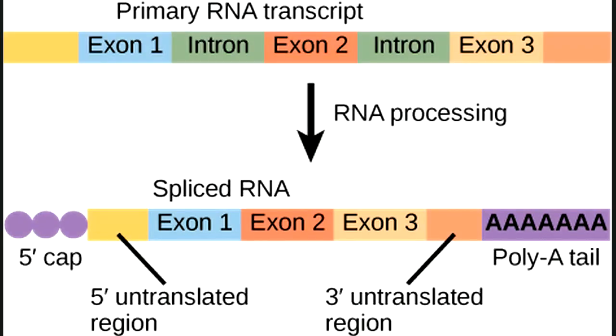Okay, so if you imagine that in these regions of color, all of these would have nucleotides, right? So this might be a G, right, A, U, so on and so forth, okay? So the introns are those that are going to get spliced out, okay? And then the exons are put together. Notice the poly A tail has been added, and the 5' cap has also been added. Okay, so this would be a mature mRNA that would be ready to move on for translation.